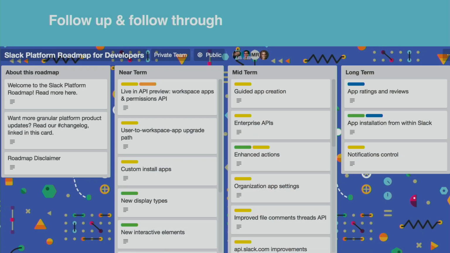The last piece, and I realize this is very easy to preach now that I'm in a company that does this, is to be crystal clear about your follow-up and your follow-through. If people are coming to you after they've experienced something broken with your API, or they have well-qualified complaints, what are you doing with that information? You might be having an open dialogue through a GitHub issue where you're talking about the follow-up for what's happening with a fix, or maybe you're able to put up a product roadmap.